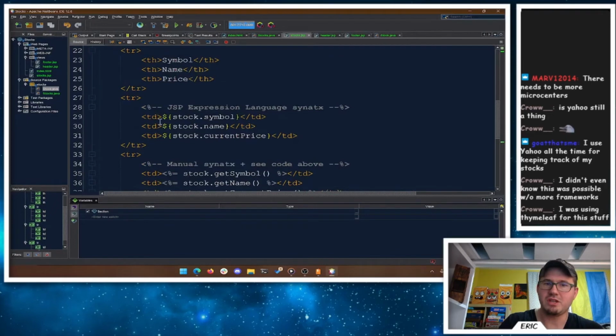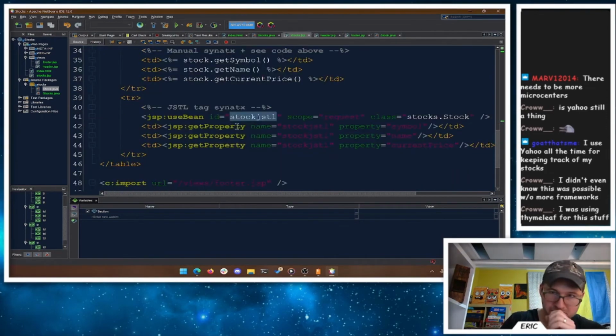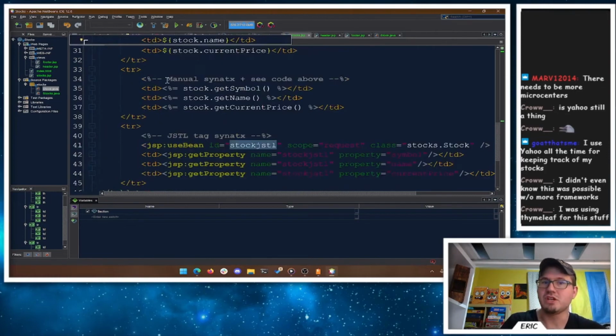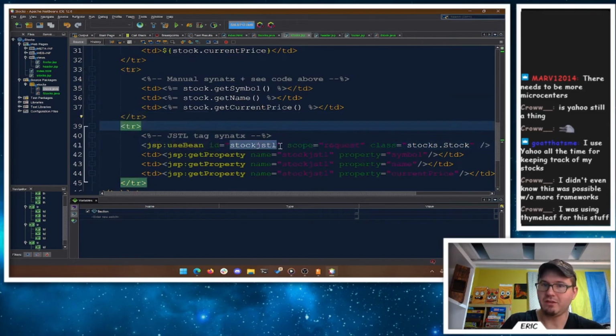So with expression language, if it doesn't exist, you don't get nulls. You just get empty, which is nice because it won't crash. Before we had to add in that safety check here for the manual. The JSTL syntax, if it doesn't exist,